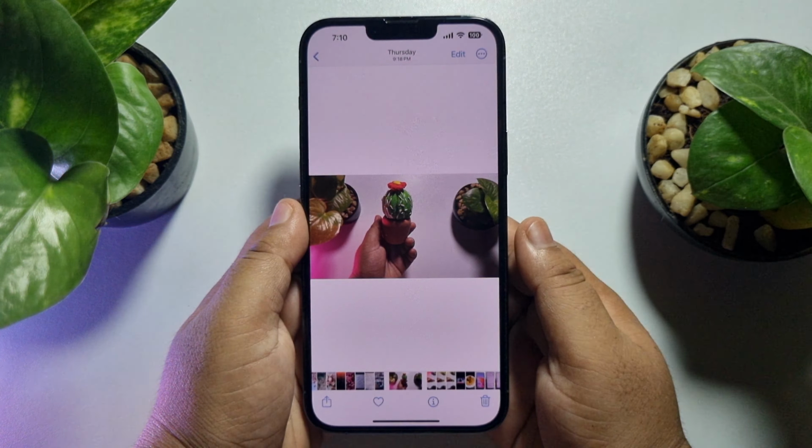Now it's time to save this PDF. So here tap on Save to Files and select a folder to export the PDF and just tap on Save, and done. Now I'm going to open my Files app and go to the folder where I just exported the